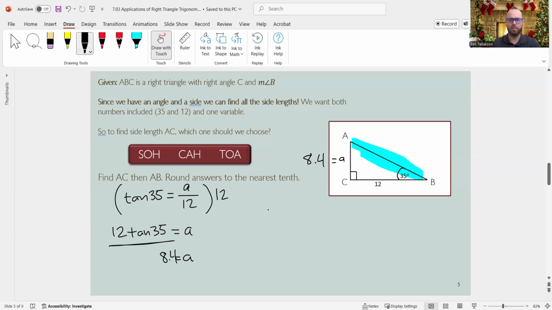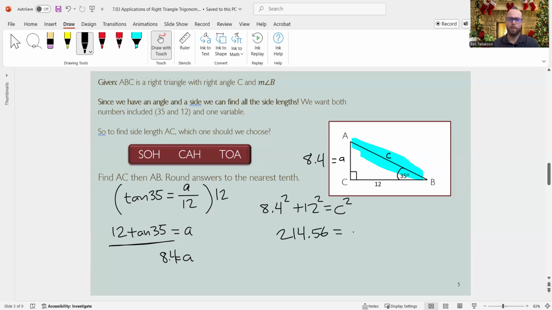I like that. So we have a squared plus b squared is c squared. We know that. We've written it down before today. So I'm not going to write it down, but I'm just going to write down the values. 8.4 squared plus 12 squared is c squared. This is going to be a lowercase c. Okay. So once again, we square those and add them together. You're going to get